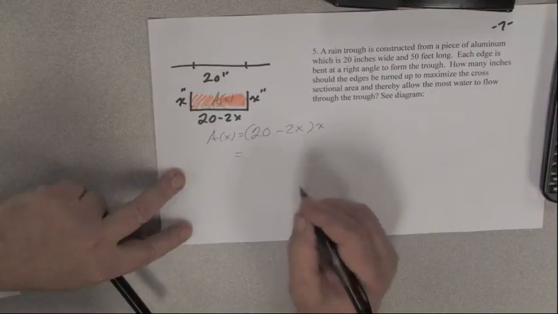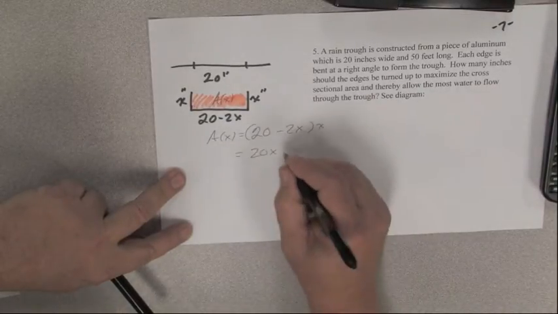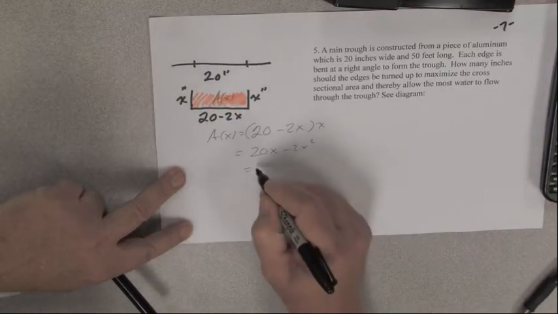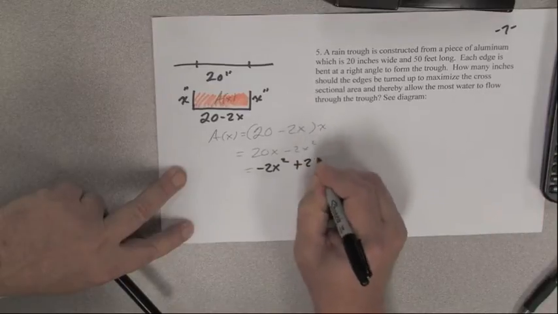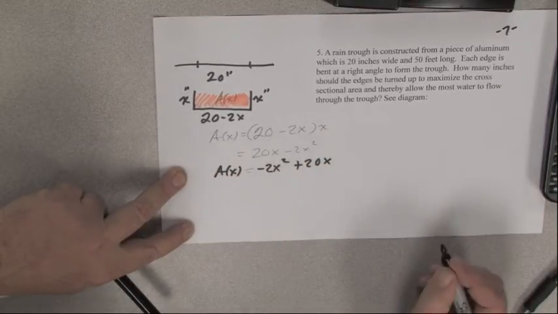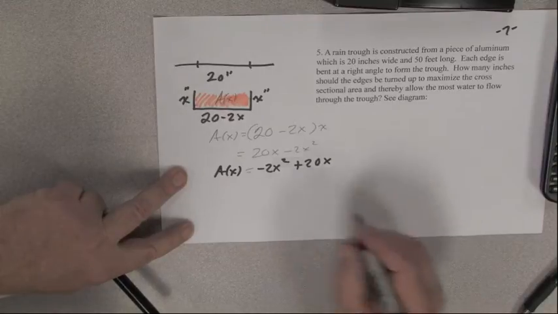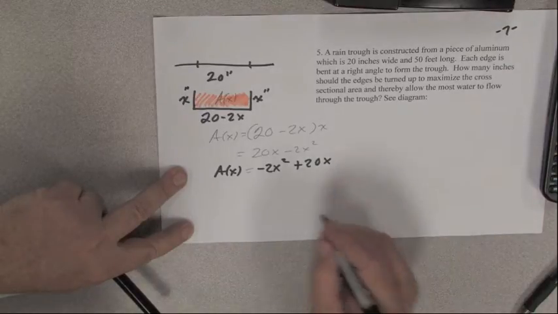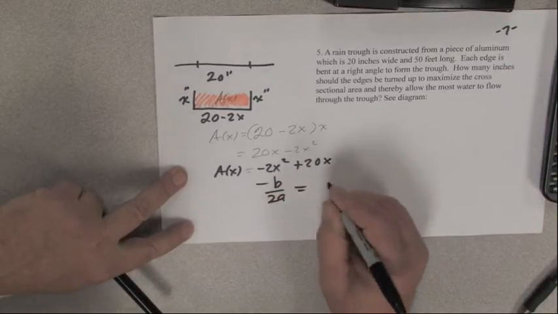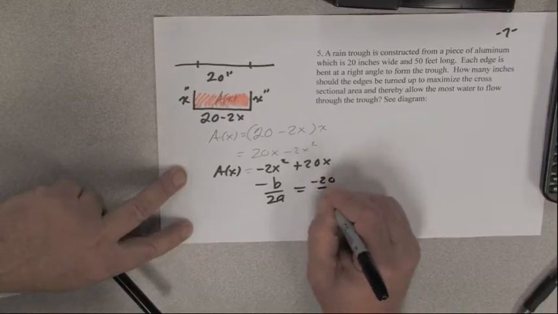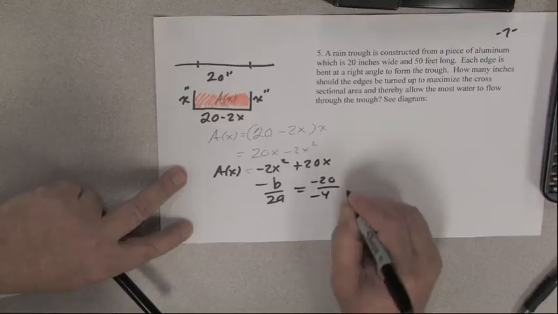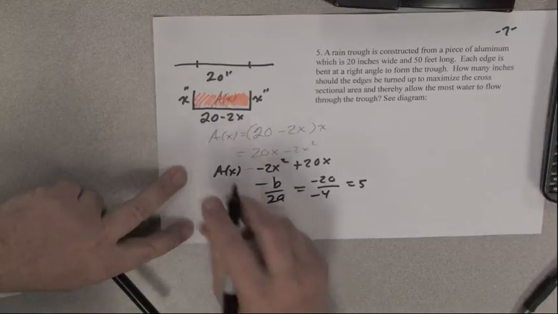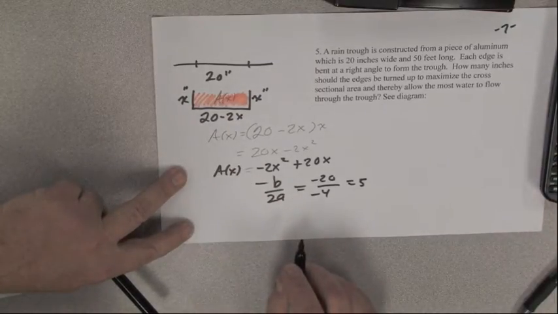So if you multiply that together, you get 20x minus 2x squared. Let's rewrite it as negative 2x squared plus 20x. Again, it's a quadratic function, and it opens down because negative 2 is a, and we can use the formula negative b divided by 2a to find the vertex. So negative 20 divided by 2a is negative 4. The answer is 5. So we should bend this aluminum piece 5 inches on each side,